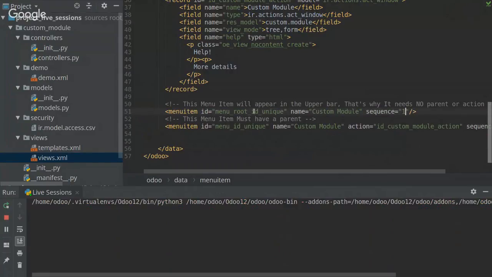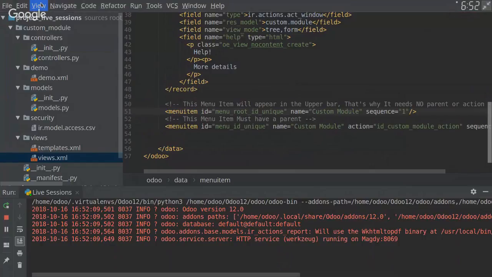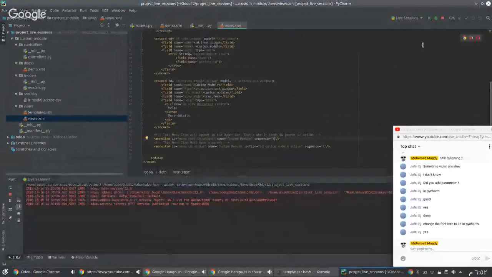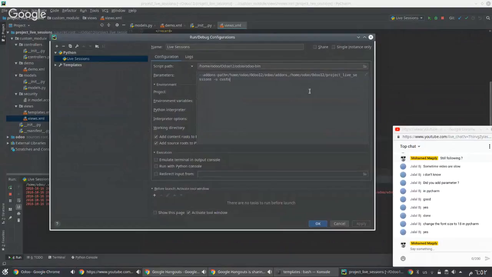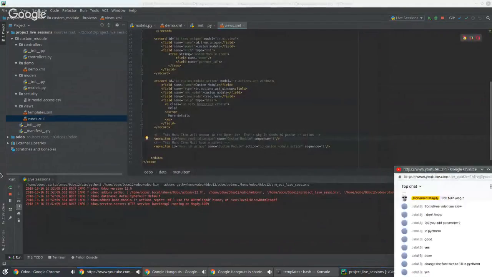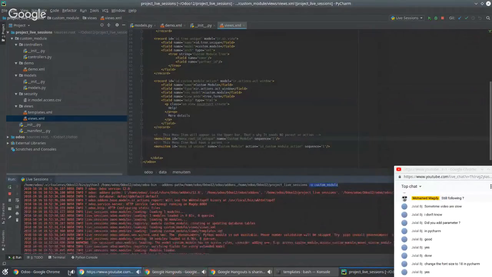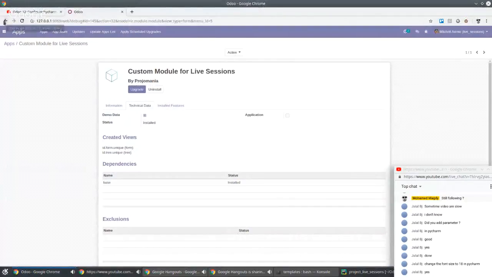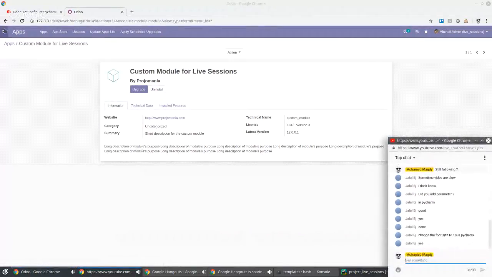And I think this will be helpful if I get out from the presentation mode. What if we added here this parameter, dash u custom module? Okay, apply, and okay. What if I restarted here? Okay, we have custom modules here, which means that when I restart this session here, and come back to apps,